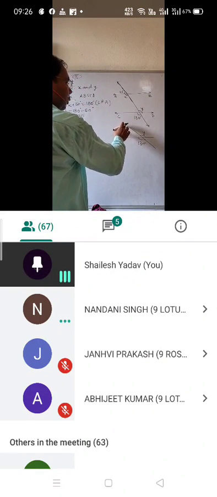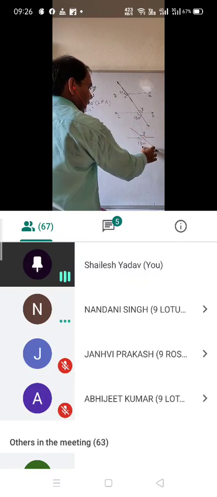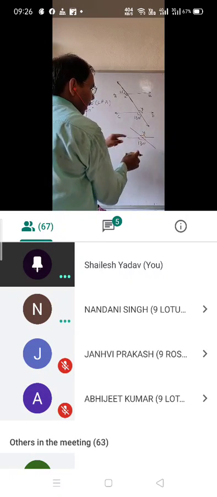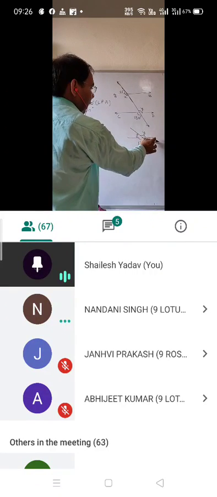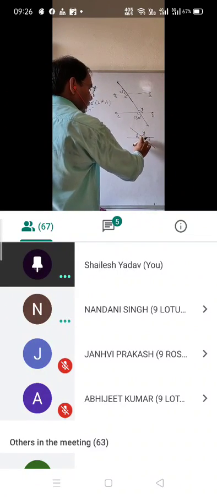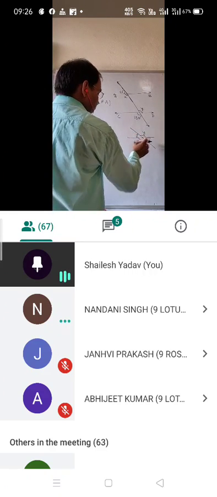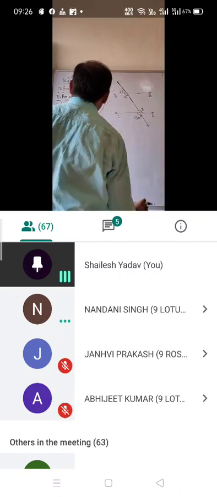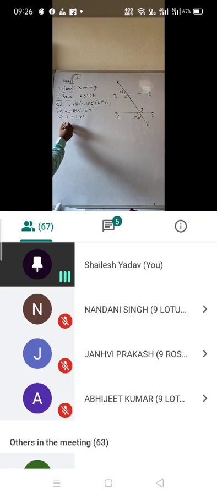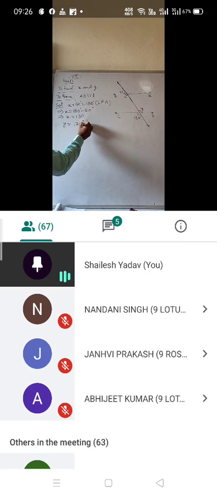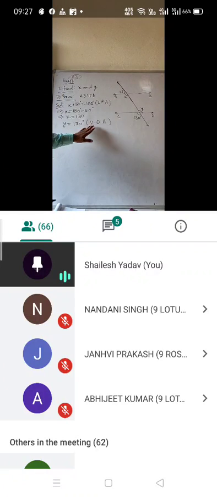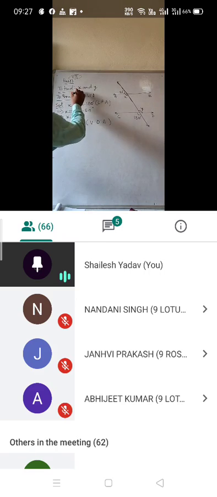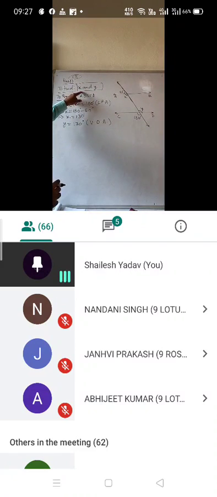Vertically opposite angles are formed when two lines intersect at a point. So here these two are a pair of vertically opposite angles, as well as these two. So these two will be equal, as well as these two. So for the y value, you will simply write y equals 130 degrees, and in the bracket you will give the reason: vertically opposite angles. In short you write VOA. So you got the value of x and y. It means the first part of the question, finding the value of x and y, is done.